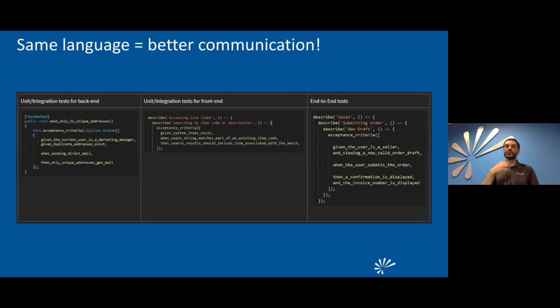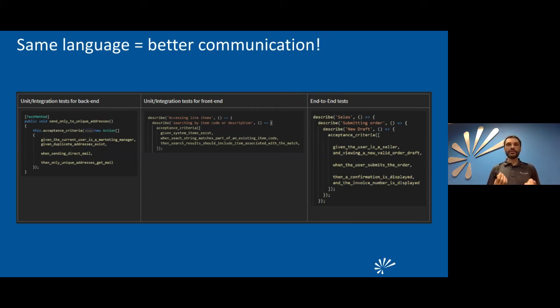So as a developer, even though I sit mostly on the back end, where I focus most of the time, when I go to the front end, I can still work with the code base, right? Because it's represented like that. So as we build features, we can easily jump from front end to back end, middle tier, or however you have it structured, and the tests all look very similar.